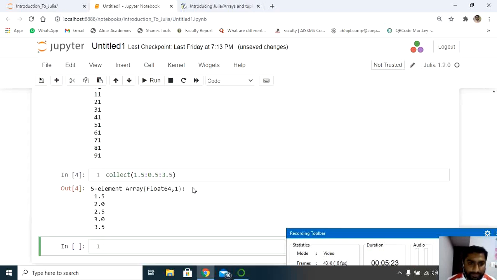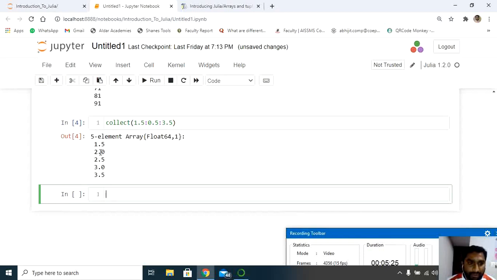So it has given me the range with the difference of 0.5. Now you can see 1.5, 2.0, 2.5, 3.0, as well as 3.5. In the same way, it is also possible to display the numbers in a reverse order. Okay, reverse order. Suppose you want to display the numbers in a reverse order, so what you can do